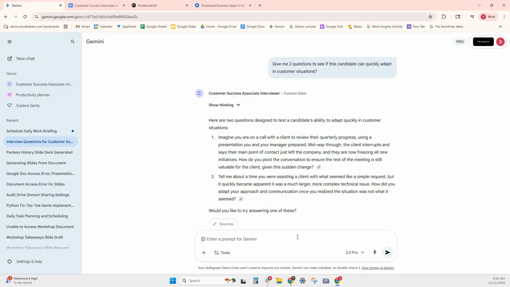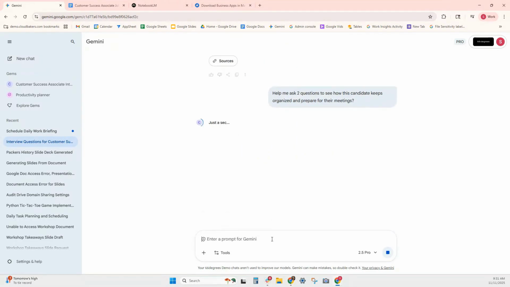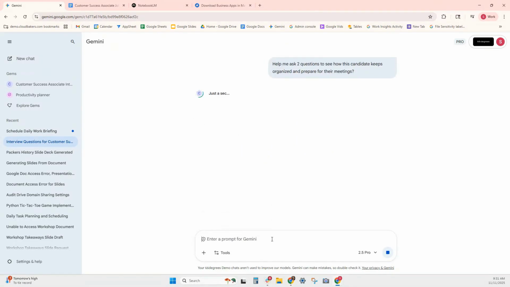Great question. There's a lot of things that are coming to my mind about things that I would do and how I would pivot. I think this is a great way to see how they can think a little bit under pressure on the spot. So I like it. And then one more that I want to ask Gemini is, help me ask 2 questions